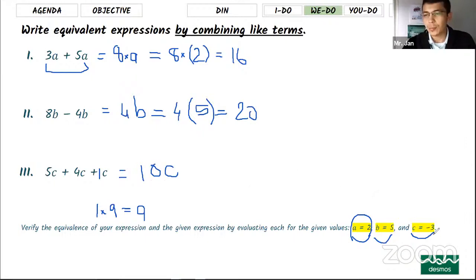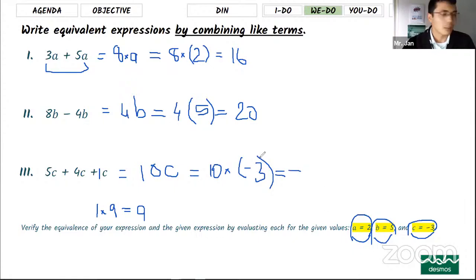And tell me the last one now. Instead of C, you need to plug in or replace with -3. Remember, it's -3. What is 10 times -3? Now you correct it. When you multiply a positive number with a negative number, the result is always negative, so it's going to become -30. Yes, you guys are correct. Awesome. So this is kind of problem